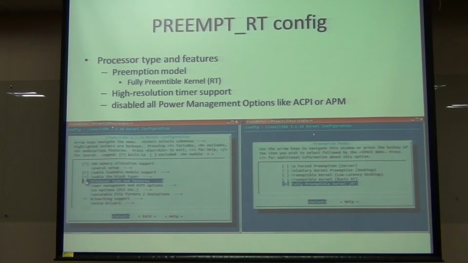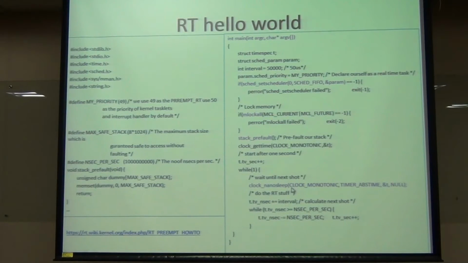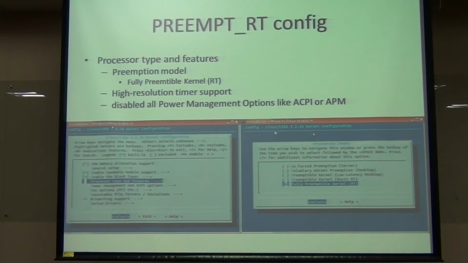So configuring the kernel with menuconfig, as we all know, go to Processor type and features. This is, by the way, a 3.18 RT patch that I was using for this testing. So you can pick a fully preemptive kernel. This is as far as we get